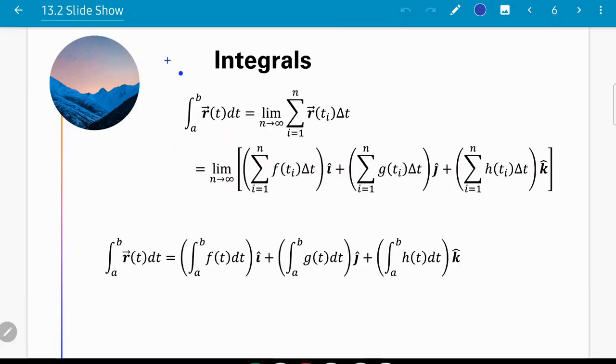So an integral, as we remember from single variable calculus, the integral from a to b of the vector r of t dt is the limit as n approaches infinity of the sum from 1 to n of the vector r at t sub i delta t, which then shows these limits as f of t, g of t, and h of t. And so we can see that our integral of r of t from a to b is the integral of f of t i hat, the integral of g of t j hat, and the integral of h of t